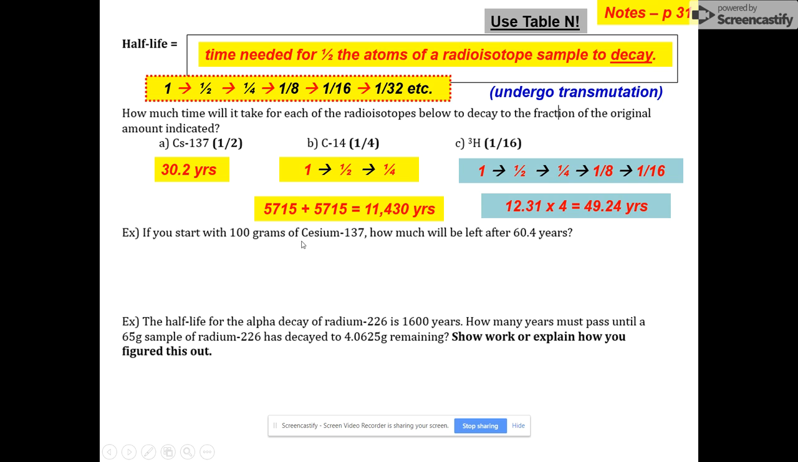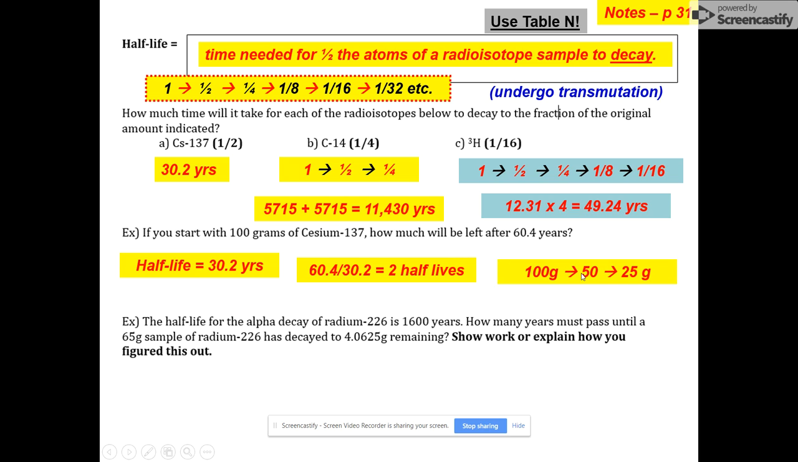If you start with 100 grams of cesium-137, how much will be left after 60.4 years? Well, we need to find out how long is 60.4 years in half-lives. How many half-lives have elapsed when 60.4 years have elapsed for cesium-137? Cesium-137 has a half-life of 30.2 years. 60.4 divided by 30.2, that's 2 half-lives. 60.4 is double this number, so it's 2 half-lives. So if we start with 100 grams, how much is left after 2 half-lives? Well, 100 grams would go to 50 in the first half-life, 50 grams would go to 25 in the second